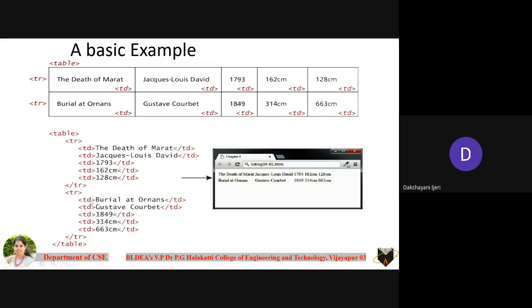So tr, followed by the tds: how many you have to take depends on the number of elements. In this case there are 5 elements to be included in this row as well, so you should have 5 tds along with the respective closing td elements here. The content should be the text whatever you want to include here. And once you have added all the elements, you have to close that tr here. Once you end up with all the rows that you want to create, at the last you have to close the table element. So you can see what the output will be for this example here.